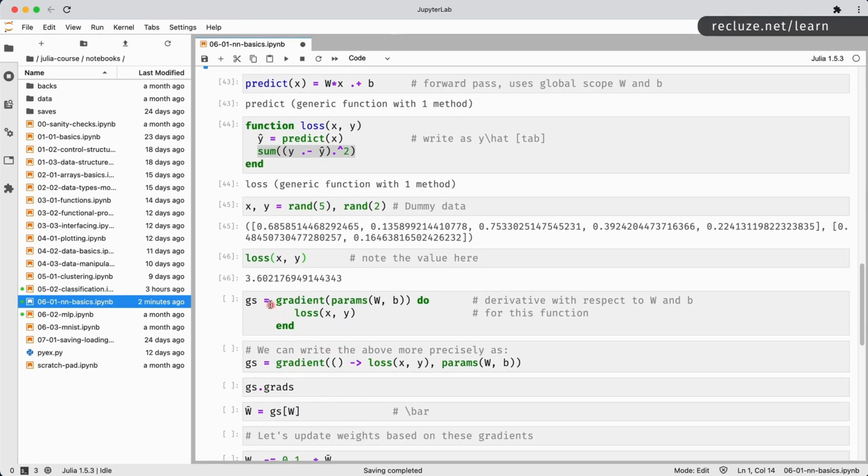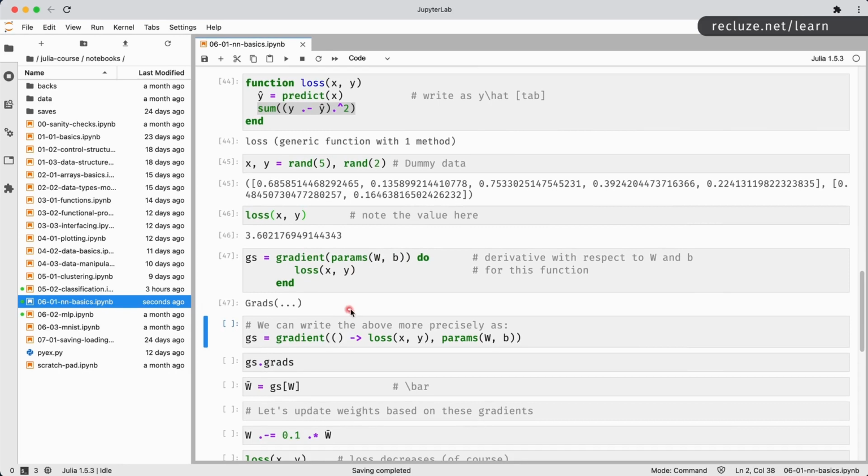For that, we need the gradient. So we use this syntax, gradient of the parameters for this loss function. The gradient or derivative of this loss function with respect to w and b is going to be needed. Because this is very common, we have an alternative syntax as well. You can use this exact same thing. It does the exact same thing as that. You have an anonymous function for loss and this guy over here. It comes up in Julia's documentation, so it's included over here. But if you understand, this is exactly the same thing.